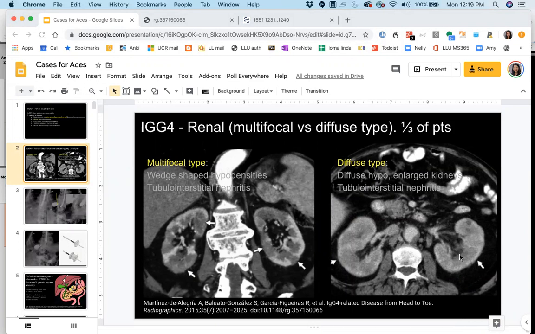And then this is a diffuse type, where you just have bilateral enlarged kidneys. In these settings, you might think about lymphoma and other differential diagnoses. So don't forget to put IgG4 in the differential diagnosis. Okay, that's